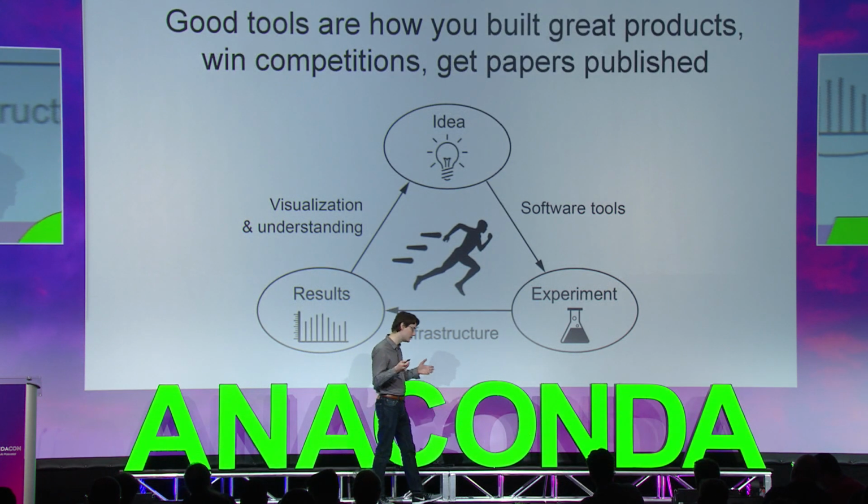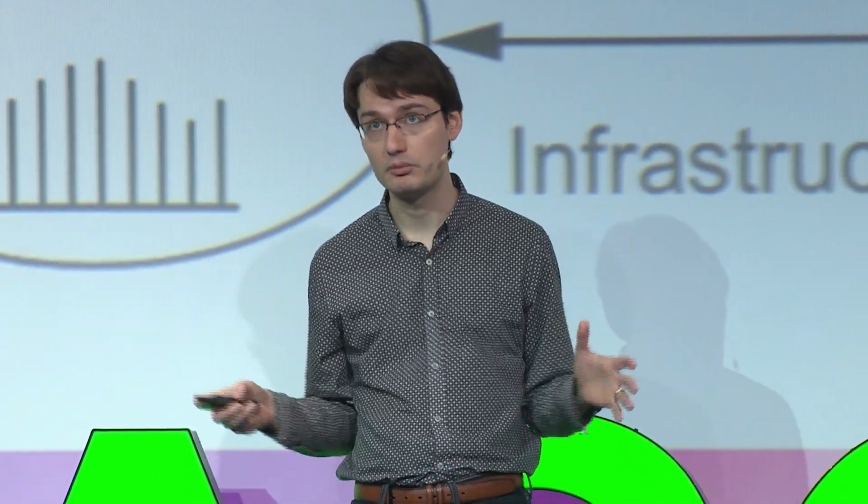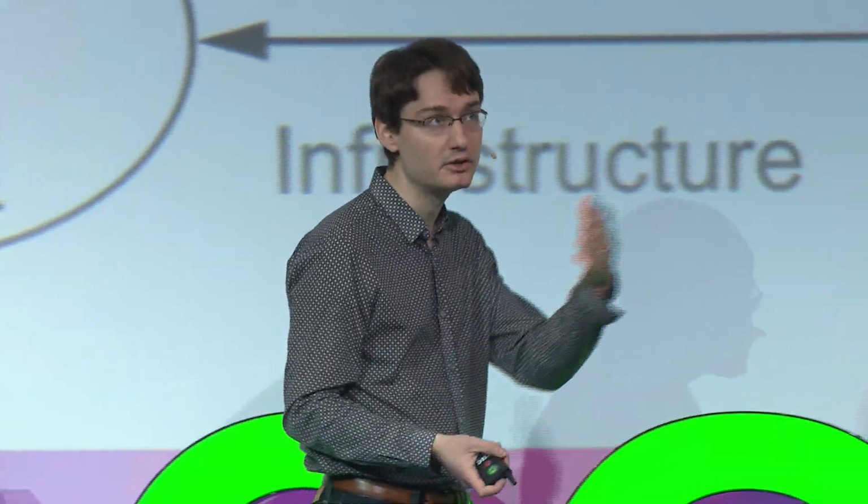Because solving hard problems like winning a data science competition on Kaggle, for instance, it's not really about being the smartest or having the best idea from the start. It's actually all about idea refinement. So you're starting with some idea that may be good, may be bad. You're going to come up with an experiment to test it. So you're going to implement your experiment. It's going to be a piece of code.